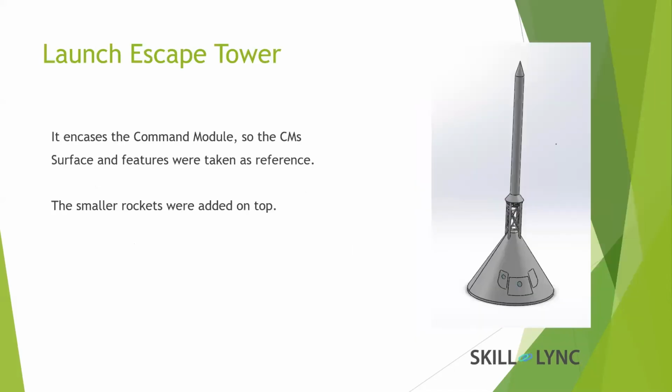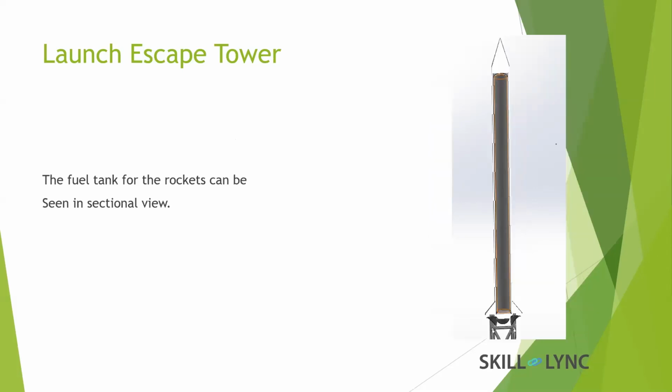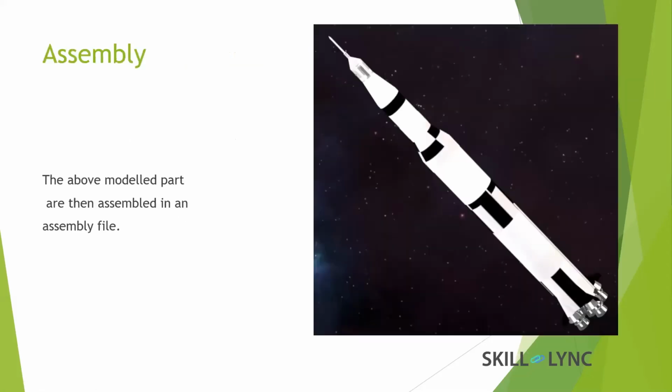And this is the last component. This is a launch escape tower. Basically, if there is an emergency and the rocket cannot make it to space, this launch escape tower will combine with the spacecraft, detach from the entire rocket and pull the crew to safety. As you can see, this is the tank, and the lower triangular sections are the rockets which I made in the launch escape tower.